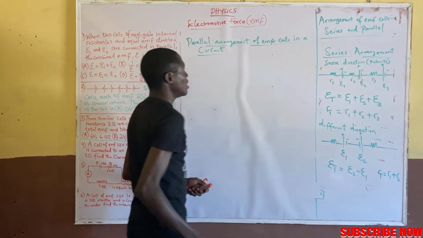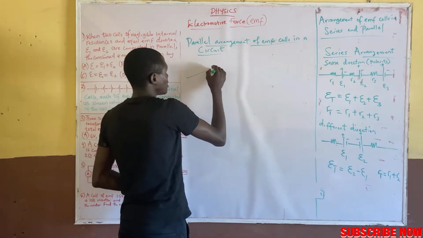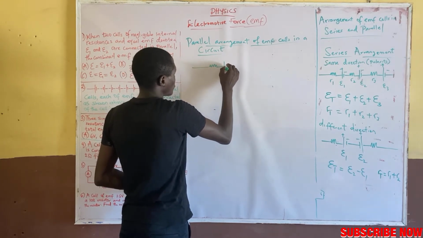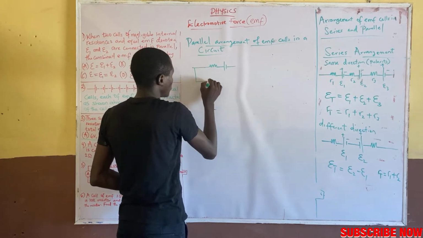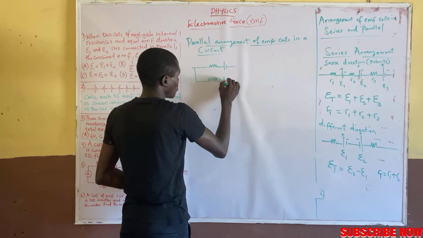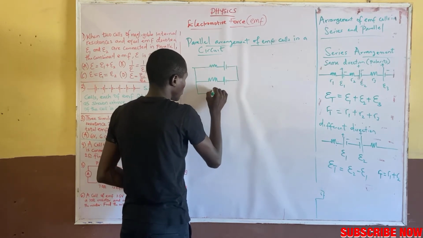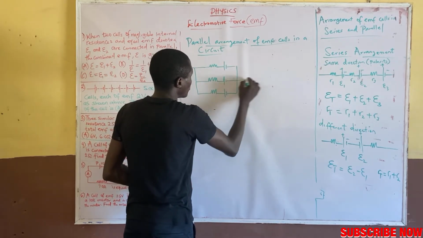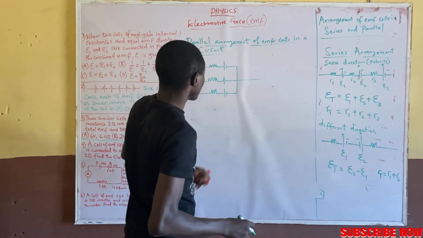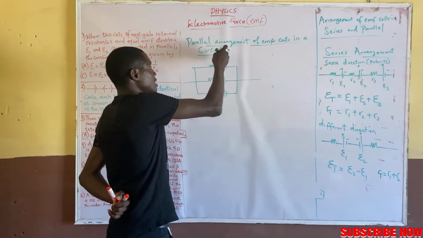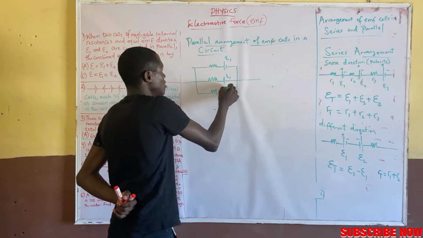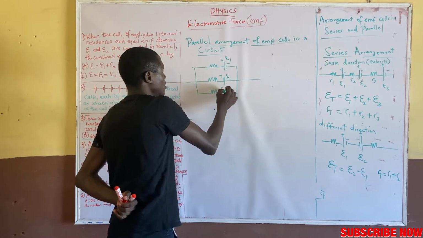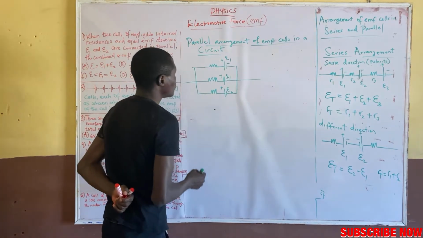Now, when you have the parallel arrangement of EMF in a circuit, for example, something like this, in parallel like this, a circuit whereby the EMF is arranged in parallel, how do you calculate the effective EMF? So to get the effective EMF,